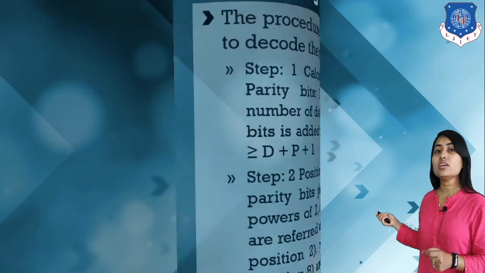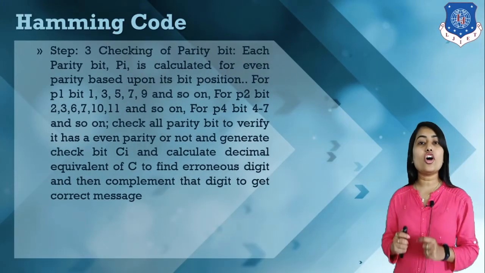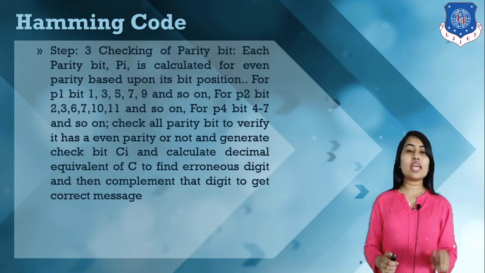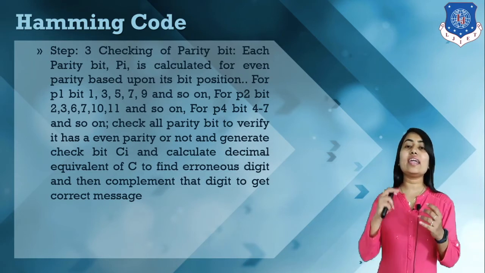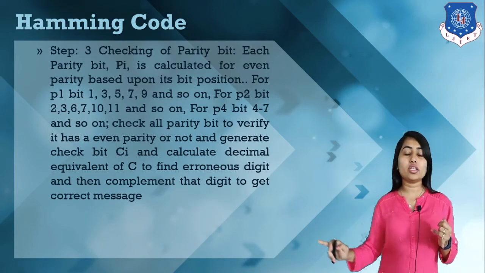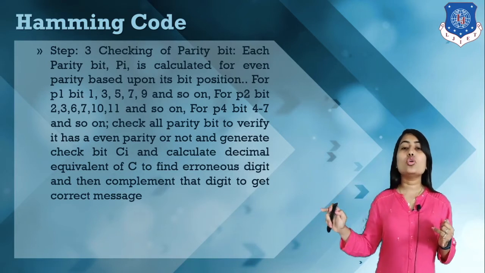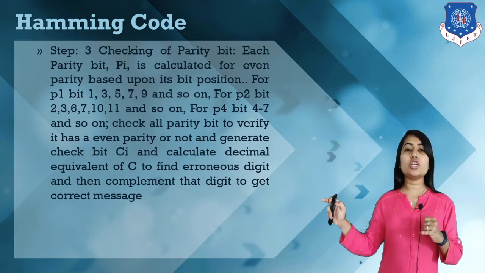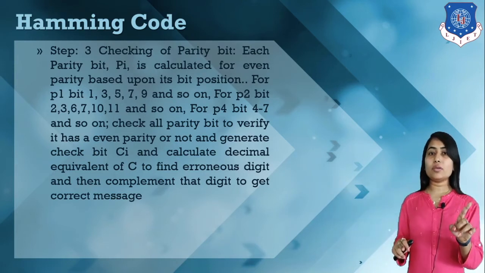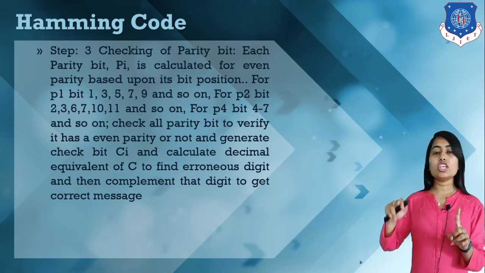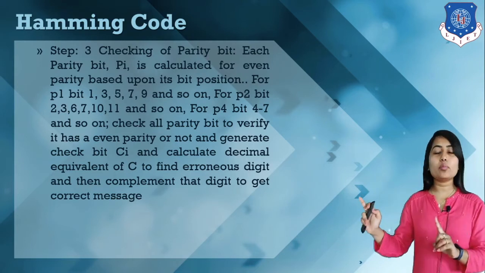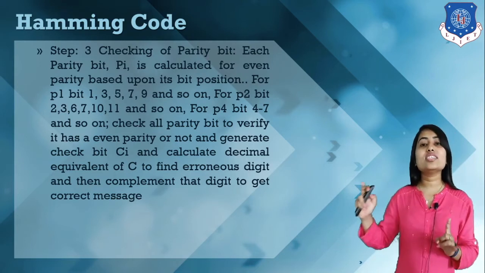Then we have to check whether any error occurred or not. Okay, we have to check the values of parity bits. So how can we check? We know that for P1 it is necessary that the 1, 3, 5, 7, 9 locations have even parity. If there is no even parity, then we have an error. So we have a check bit, and we make the check bit equal to 1 for the respective parity bit. If at the P1 location we have no even parity, then C1 is equal to 1 because we have an error. Okay, this C is a check bit. Whenever an error occurs, this check bit is equal to 1.